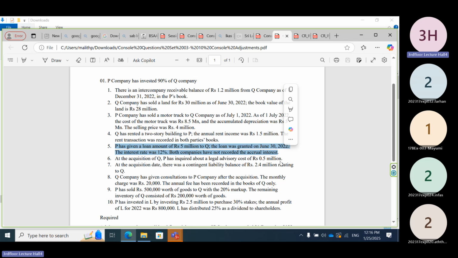Intercompany loan and borrowing. Same logic, right? The payable and receivable again. Again, payable and receivable. First, we can manage